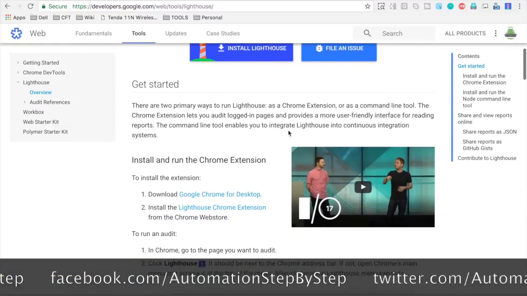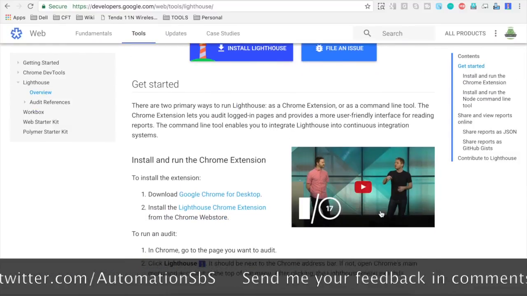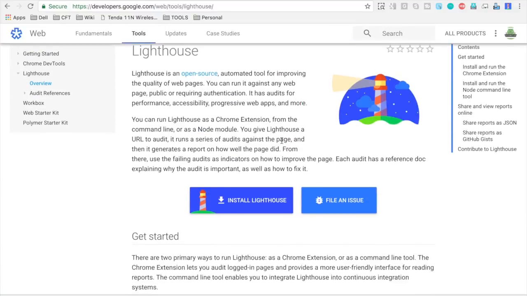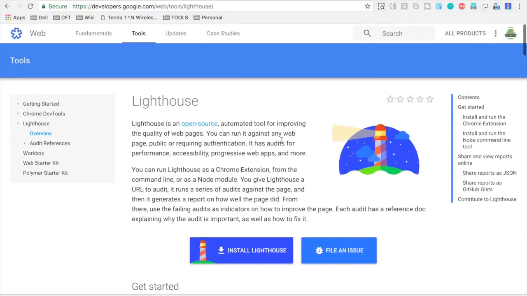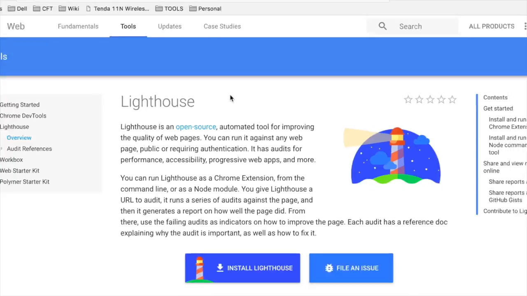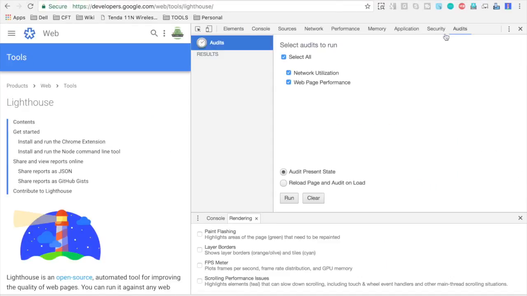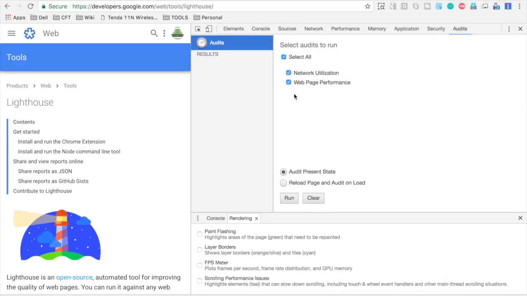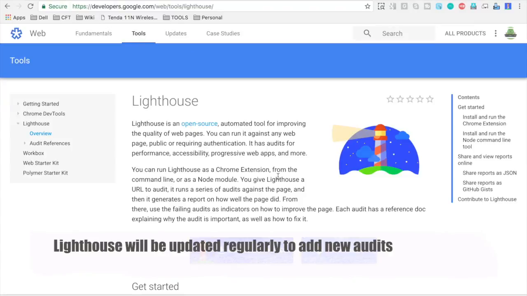And we also have a very good video on Lighthouse which will give you a lot of other in-depth details, so you can watch that. And very soon you will also get Lighthouse in the developer tools. So if I go to view, developer, and if I go to developer tools, and inside the audit section, as of now we have all these audits available that you can do on your website, but soon you will be having a Lighthouse option also here. So this is going to be very useful.